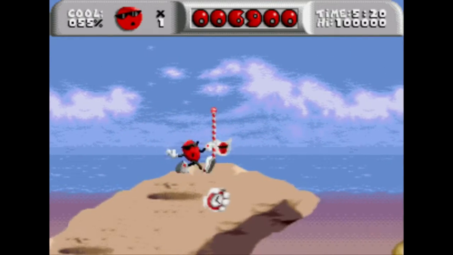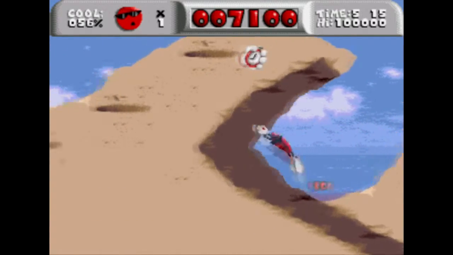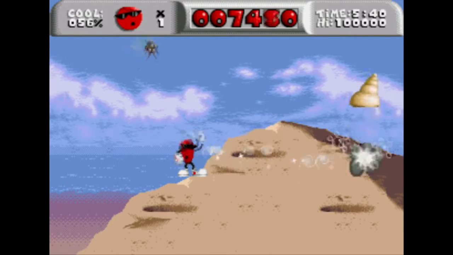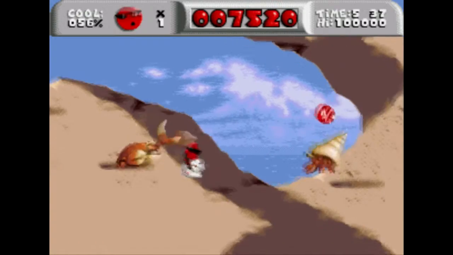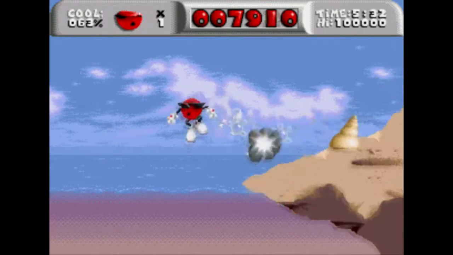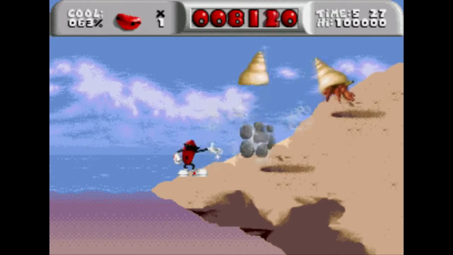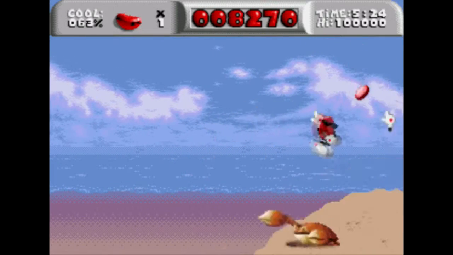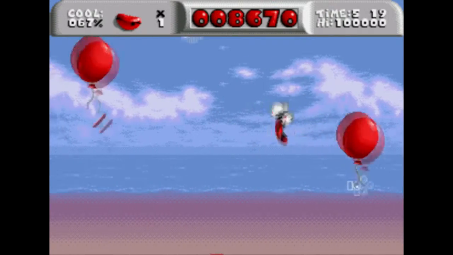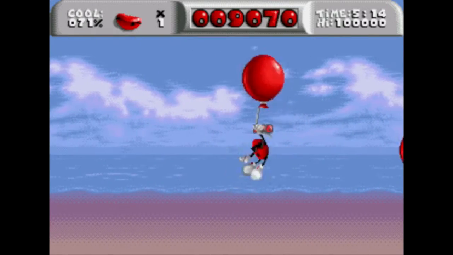So, okay, so that's the checkpoint. That's a time bonus. I like that the little crustaceans have got boxer shorts on for whatever reason. That's what I kind of like about this game, is even if the platforming is not to my taste, and there's a certain challenge to it which I wasn't expecting, there is a charm to Cool Spot. He's not the world's most interesting character, but